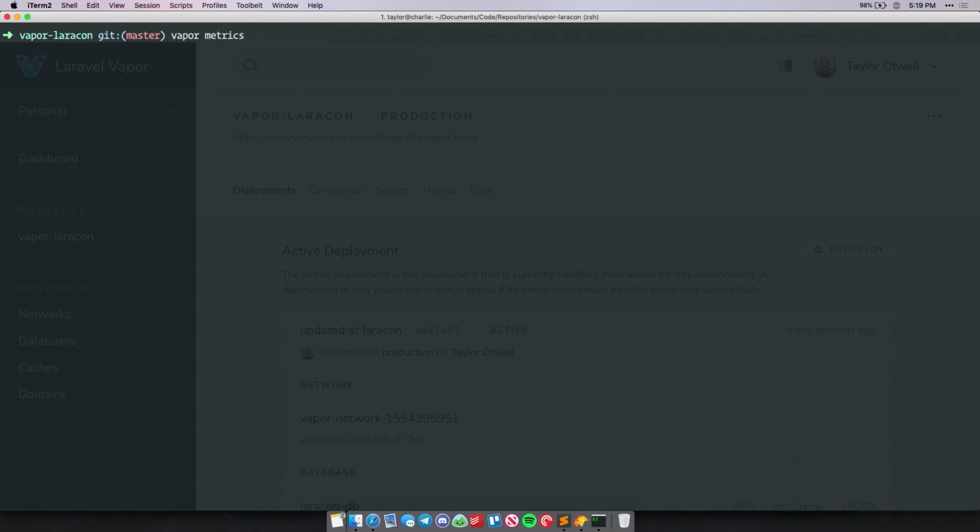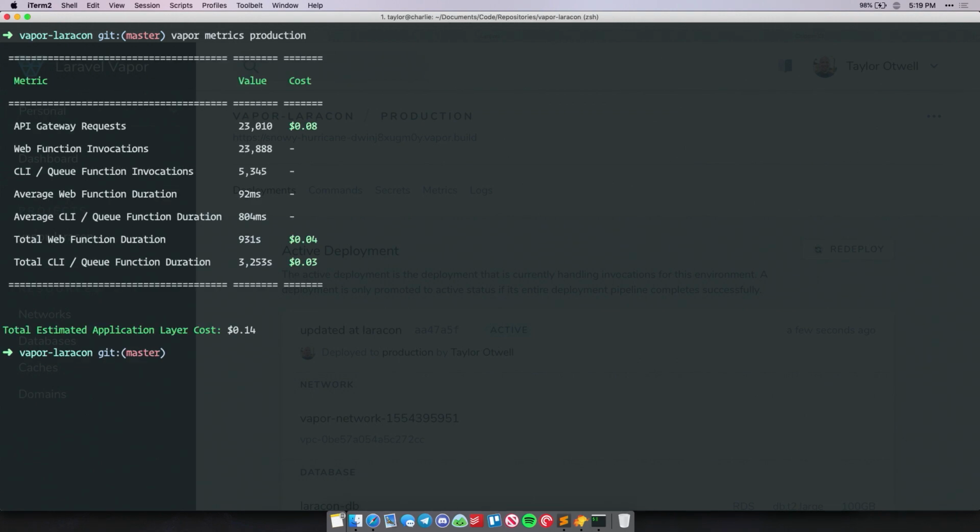We can even get metrics for the application right here on my command line. Last 24 hours, what's my stats look like? How much does that cost me on Lambda? The cool thing about serverless is when your application is not in use, AWS is not charging you for that use. So overnight, if your application is really busy during the day, but it's really dead at night when people go home, you're not really being billed at night for that application. And then it's scaling during the day, totally automatically, as much as you need. Really nice.